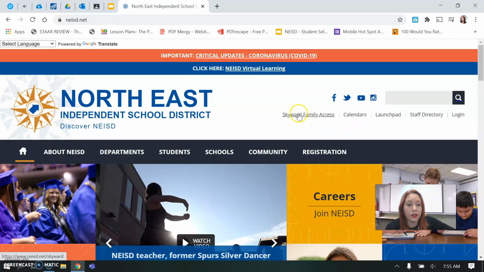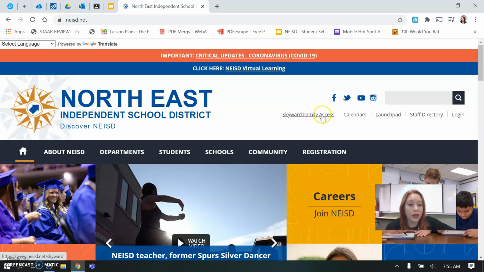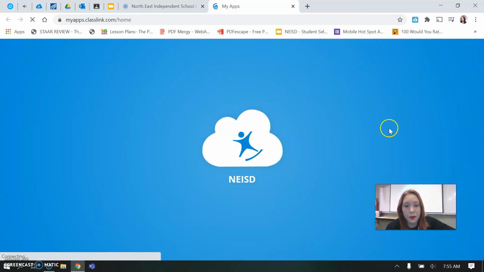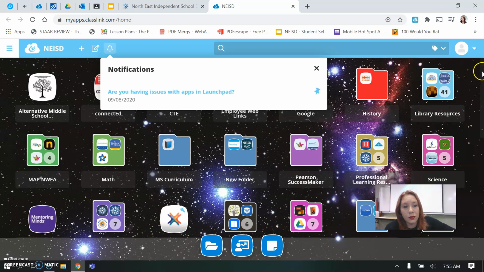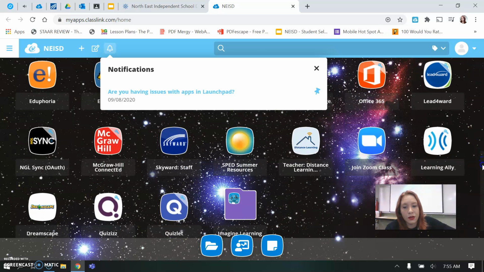If your parents want to see your grades, then they could go to Skyward Family Access, but you, for yourself, you're going to go to Launchpad. And I'm already signed in, but it might ask you to sign in. And then you're going to have to scroll down to Skyward. Now your Skyward will look a lot different than my Skyward. So when you go into your Skyward, you're able to go check your grades, and you can click on missing